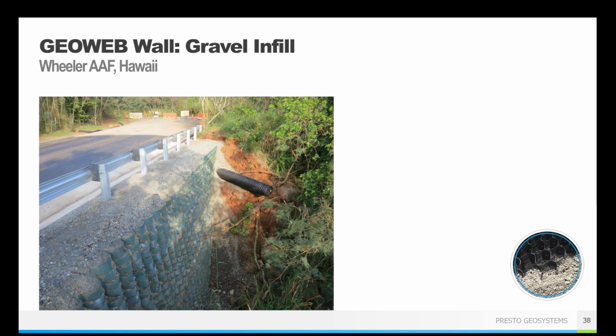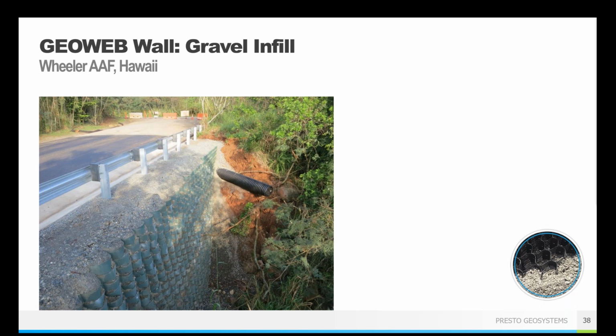And so they needed to repair and replace that road, obviously, as quickly as possible so that they wouldn't lose access to their base. While vegetation was plentiful on the island, the base had decided that they wanted to use a gravel pit that they had on site to provide the infill material. This way they didn't have to worry about installation or any material costs. They already had the aggregate on site.